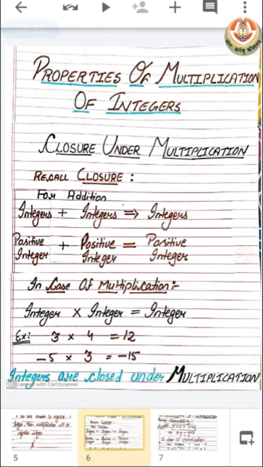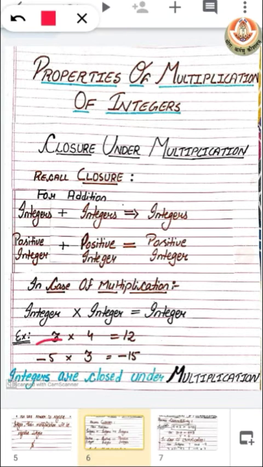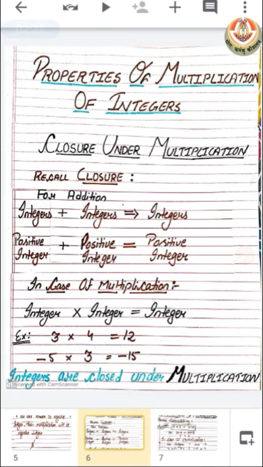Move on to other properties of multiplication of integers: closure under multiplication. It says that when we multiply two integers, we get an integer as a result. That means we can say that integers are closed under multiplication. Repeat, when two integers are multiplied, we get an integer as a result. Okay, next one,